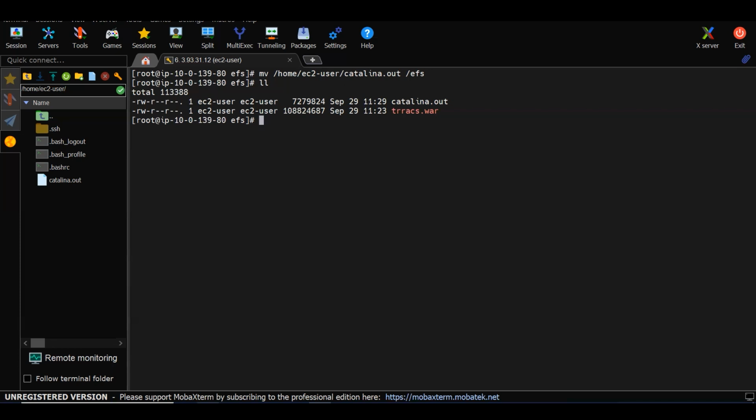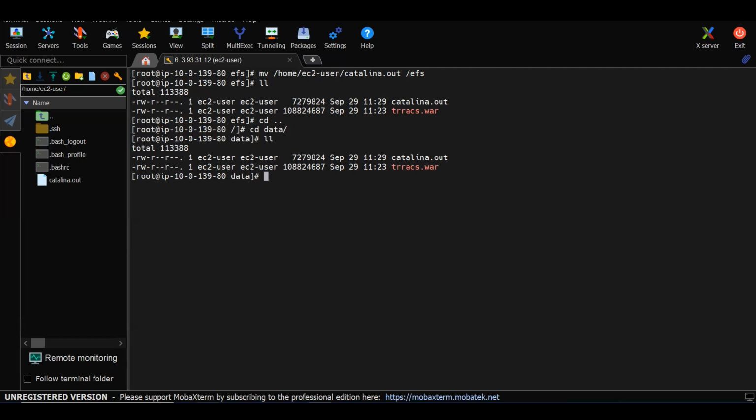So we have seen the data got replicated here in this path. Now I uploaded it in the EFS. It will be reflecting in the data folder or not. I want to do some deployments in this system, so I have copied all the data into this system. What I want to do is replicate the same data in the other system also.